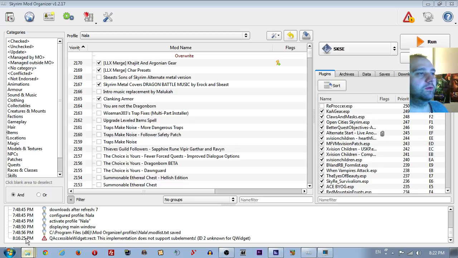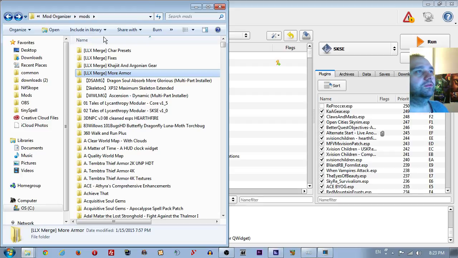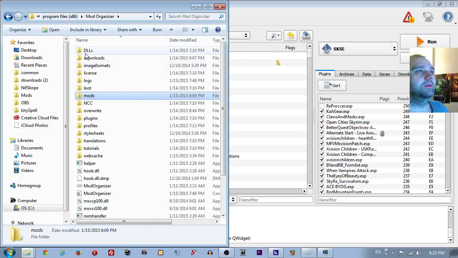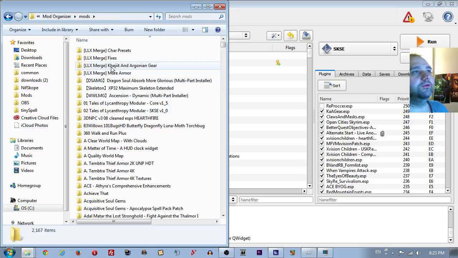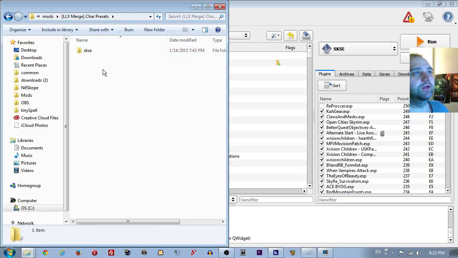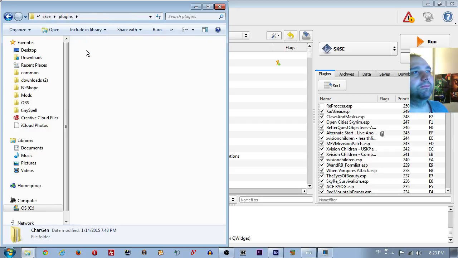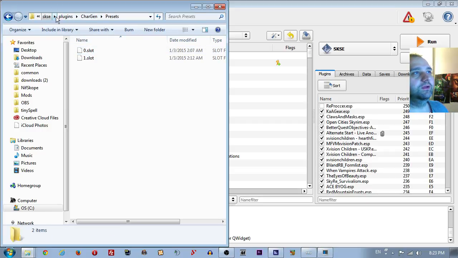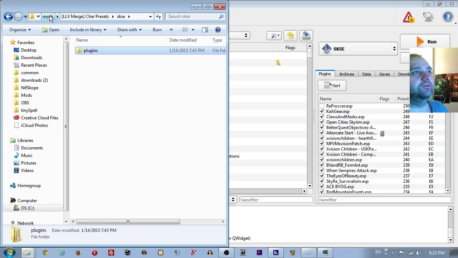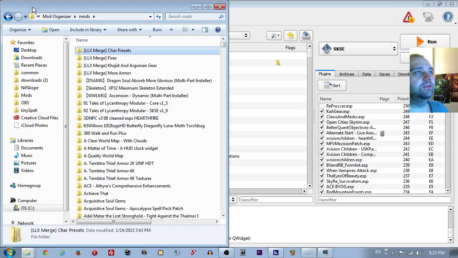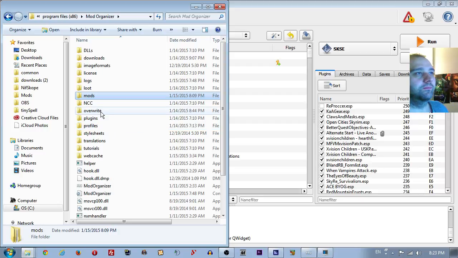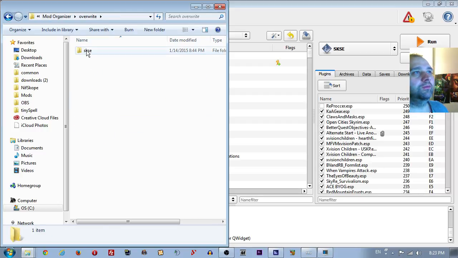For those of you who actually want to know how to make your own folders, literally all you have to do is go to your mod organizer, go to mods folder, create a folder. So I've got this one, character presets, which literally just has the contents of my overwrite folder. See them right there. And for those of you who are actually wondering how you get access to the overwrite folder, it's right there. So you can see if I open up the overwrite folder, you can see it's got the HTTP